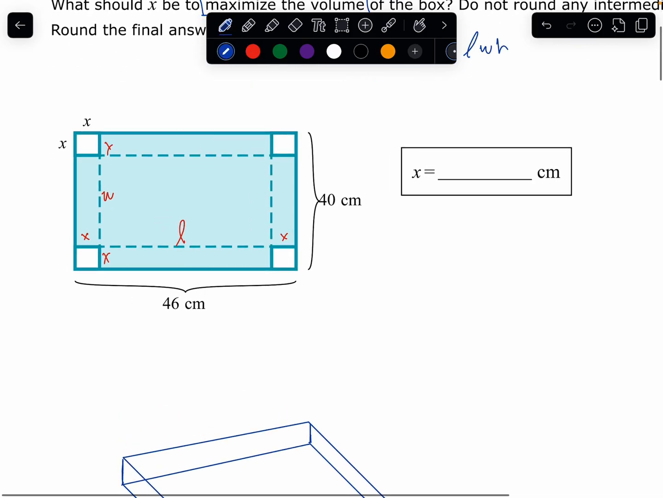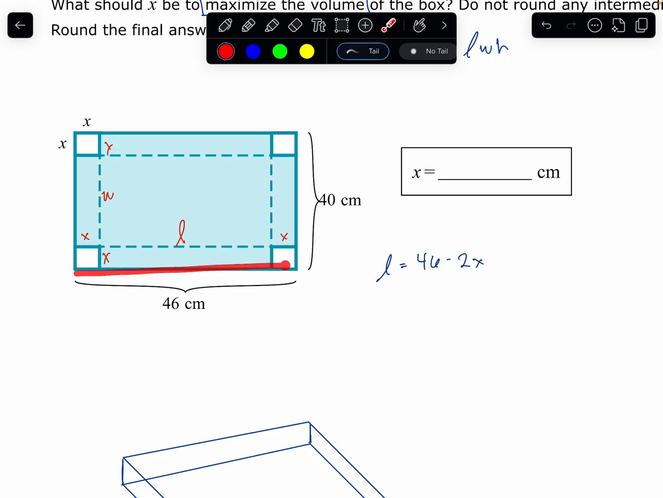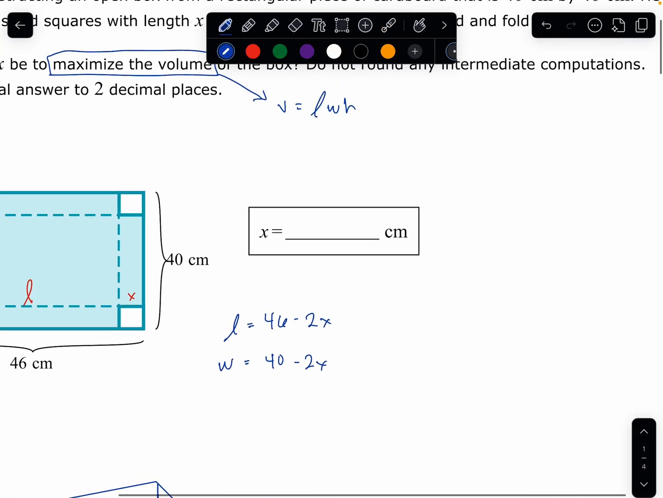Well, if I think about it, the length is going to be equal to 46 minus 2x, because we're taking the entire length right here and subtracting away 2 of those x's right there. And then for the width, that's going to be similar. We're just going to take the total length here, which is 40, and subtract away those 2 x's, so 40 minus 2x. So now that we know that right there,